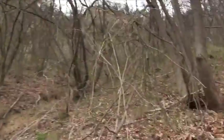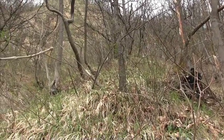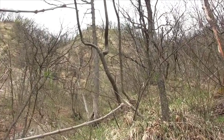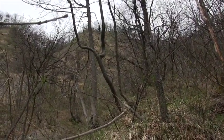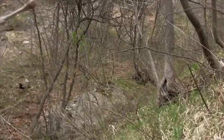Yeah, let's do that. This is a pretty crazy climb. Have to pull up by trees, it's really steep. This is our ridge and we're trying to get to the top of that, whatever that material is at the top of the hill, because maybe it's artificial. So on the way, I see this thing, and now